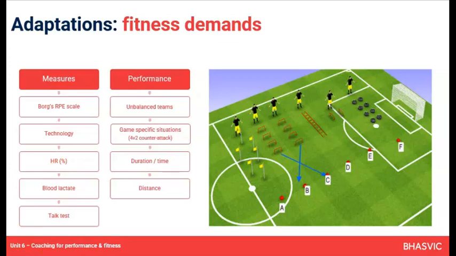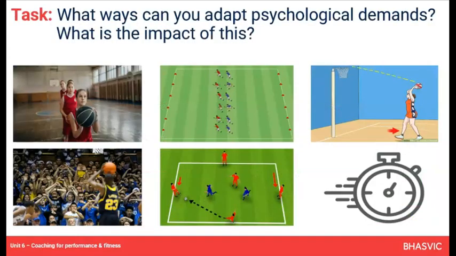Last section then, how can we change or adapt psychological demands placed upon performers? So hopefully you've already some awareness of how we can reduce the psychological demand on players: make things isolated, take away defenders, make it close to the basket or the goals, or make the distance short and the time plenty, so we reduce the pressure, any stress, any anxiety on them, especially for beginners, maybe to some degree associative learners. So keeping it simple is fine.